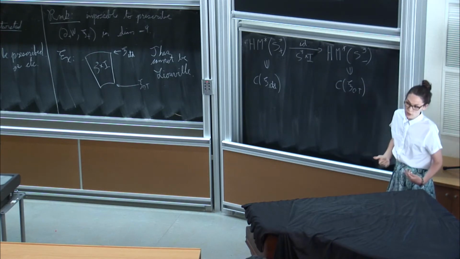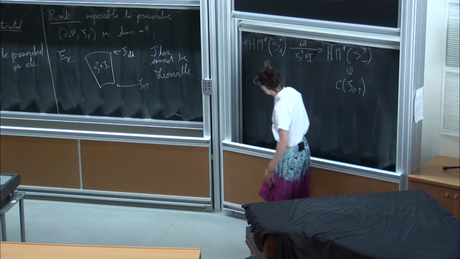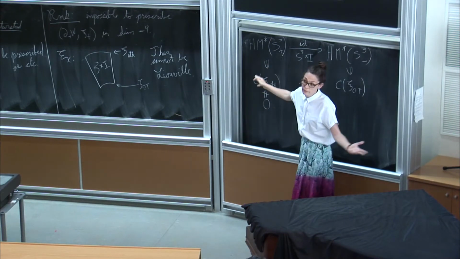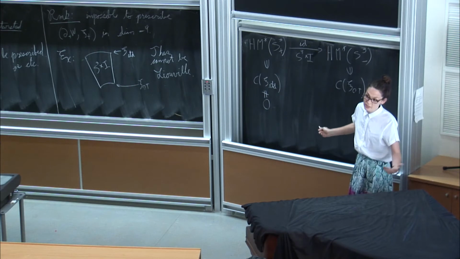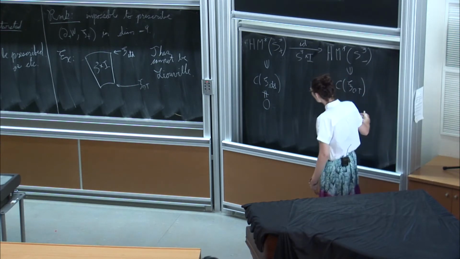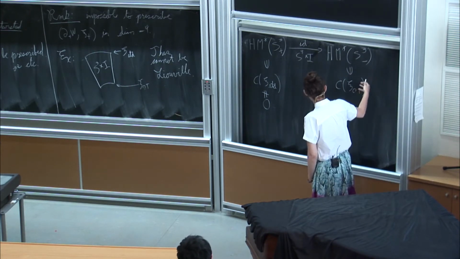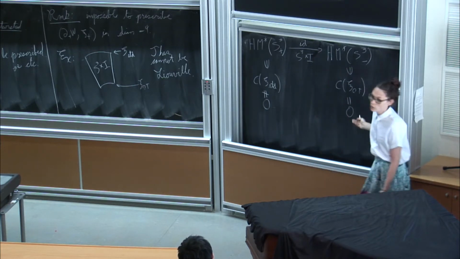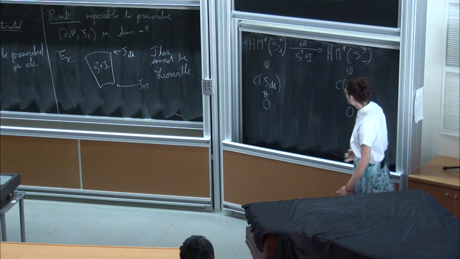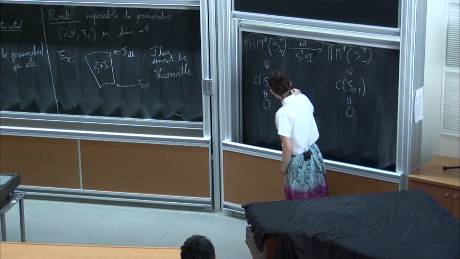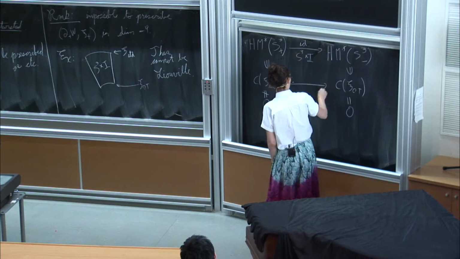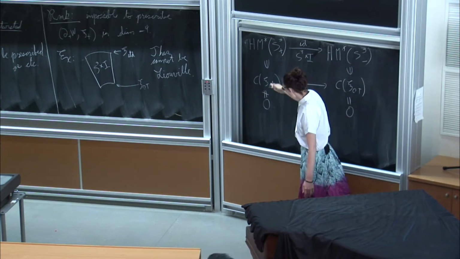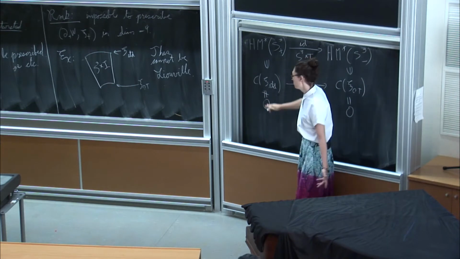But what we know about this contact element is that it can never be 0 if I'm looking at some fillable contact manifold, like the standard sphere. Whereas for overtwisted manifolds, it's always equal to 0. So we know that this association of this contact element,